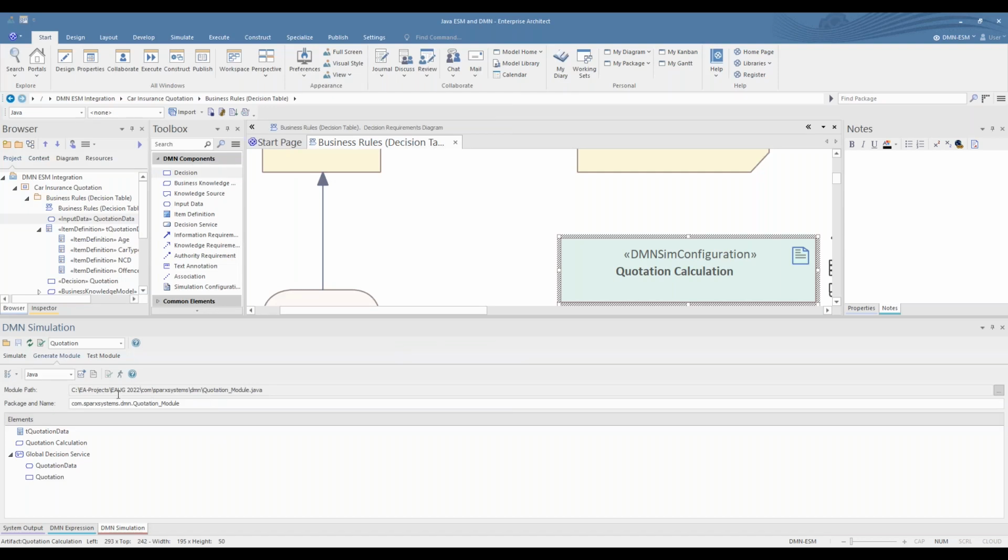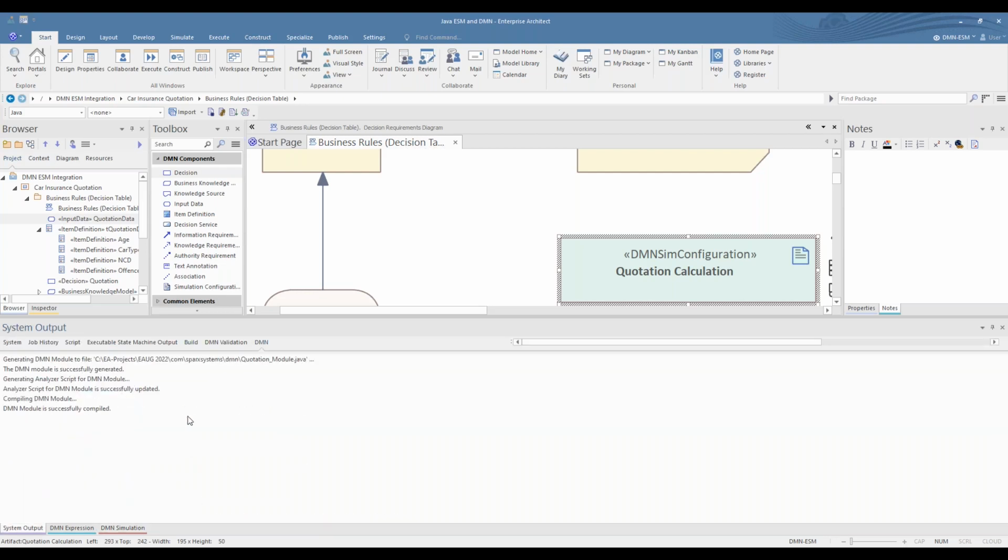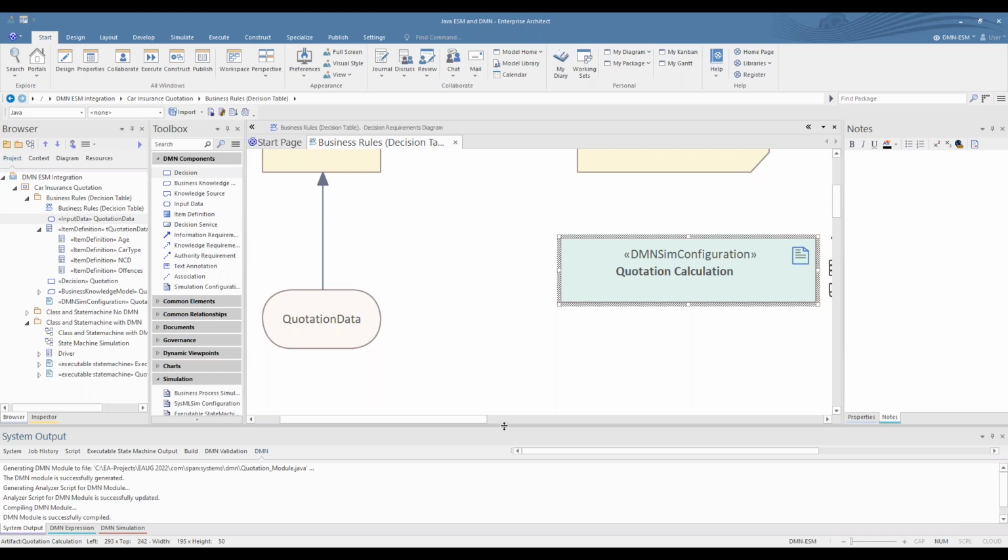So to generate the code, you simply click generate, select Java, and click generate. And there we are. It happened lightning fast because the compiler is pretty quick. It says here the DMM module is successfully generated. That is what you're looking for. You may see deprecation warnings because Java is fluid, so don't worry about that. So now we've generated the Java code. We're all hunky-dory. Generated Java code for a working state machine. Now we can go on to the state machine part.